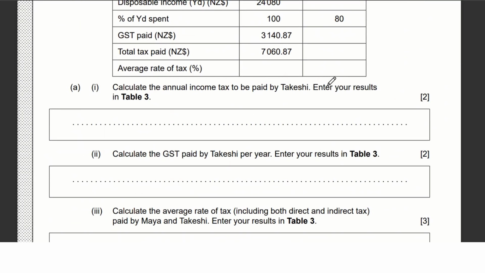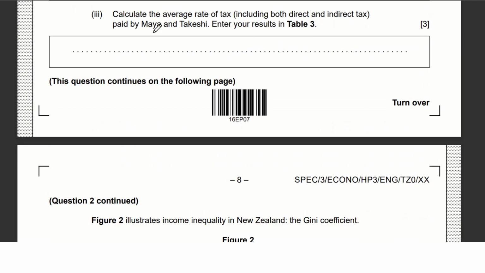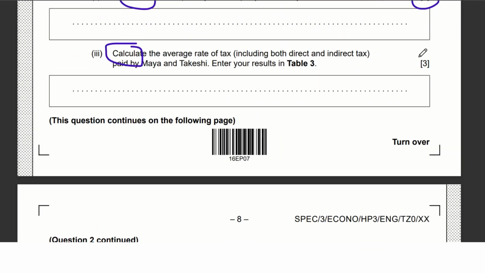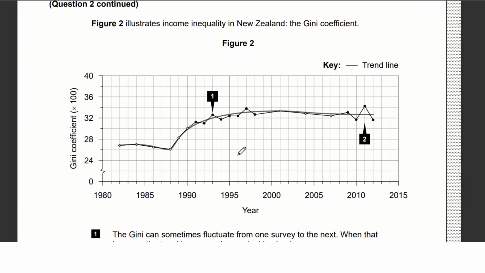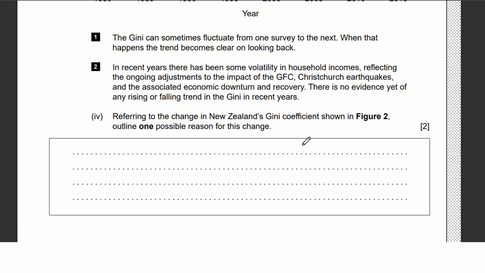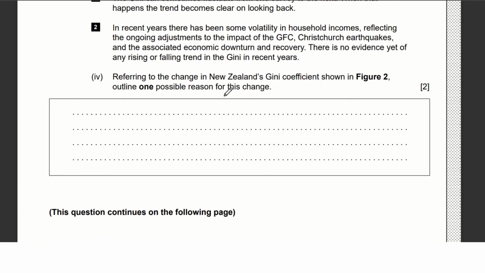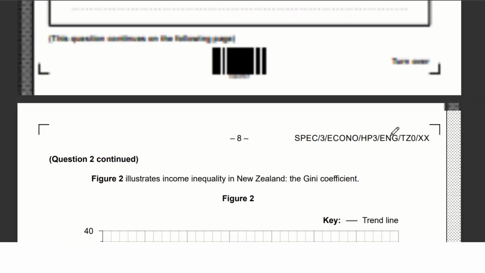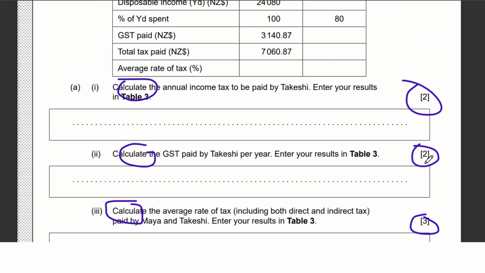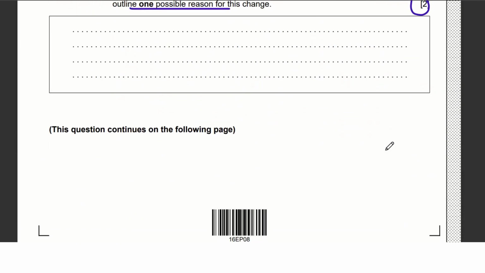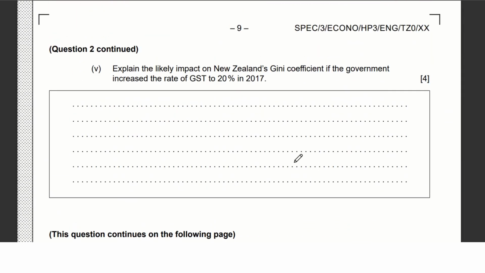So calculate part 2 marks here, and here calculate 2 marks, so 4 totally now, and calculate is 3 marks, so 4 plus 3 is 7. And here see, look at, they are asking, referring to the change in the Gini coefficient, outline one possible reason. It is 2 marks. So already calculation part 7 marks, 3 plus 2 plus 2, and another calculation part we'll see. Here explanation again,